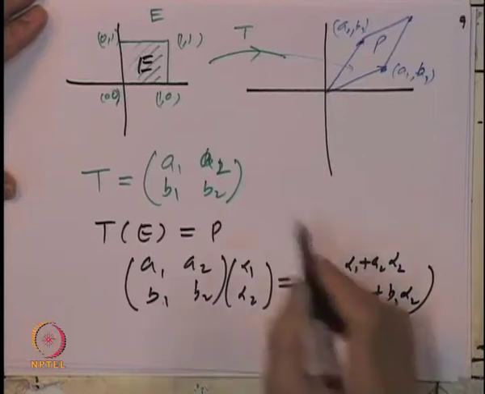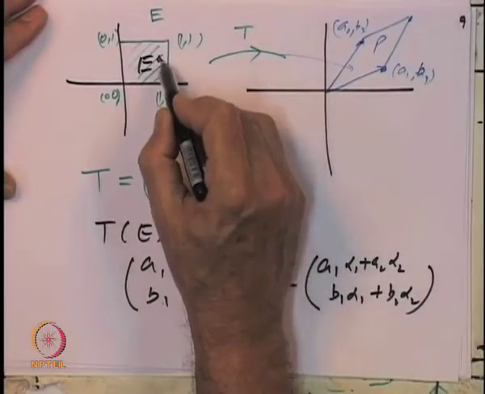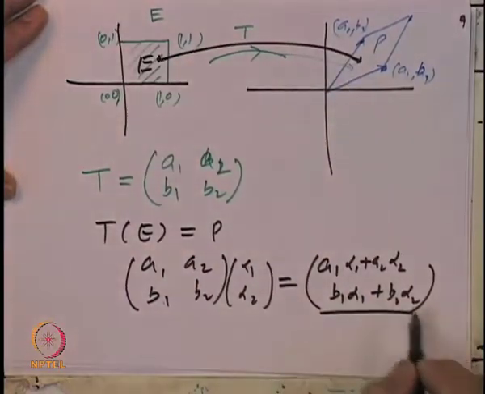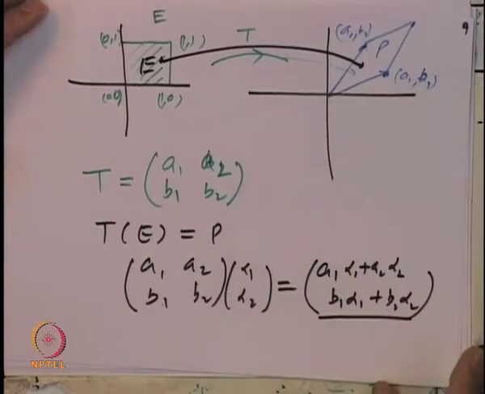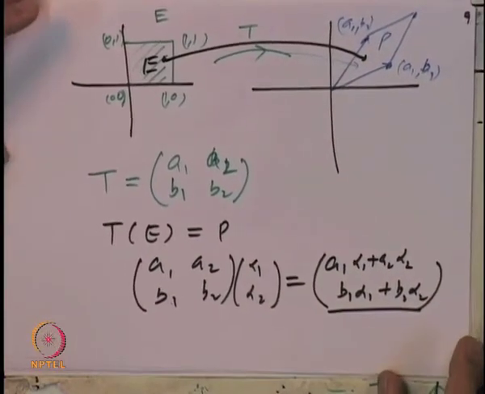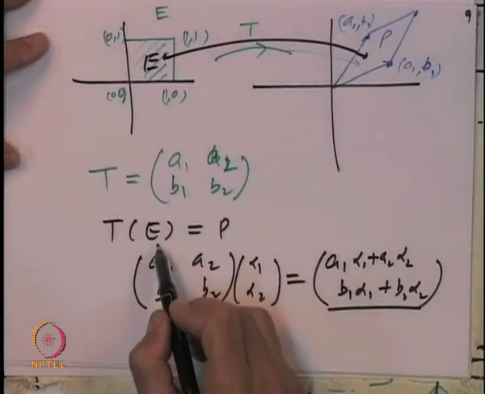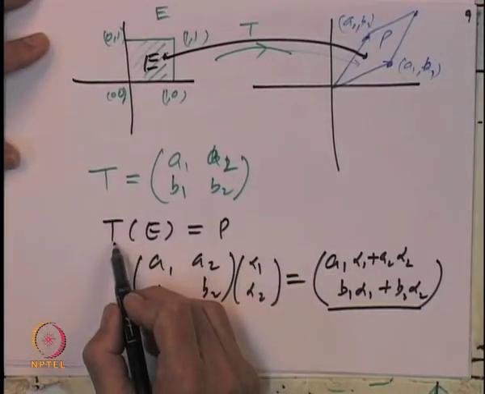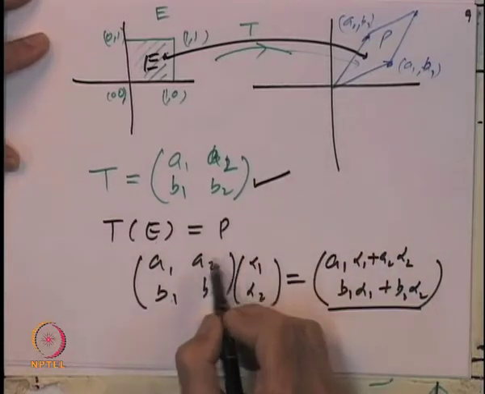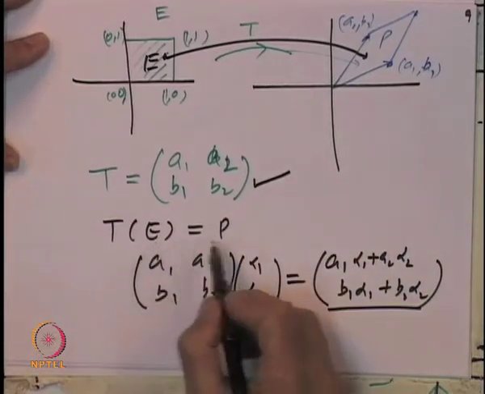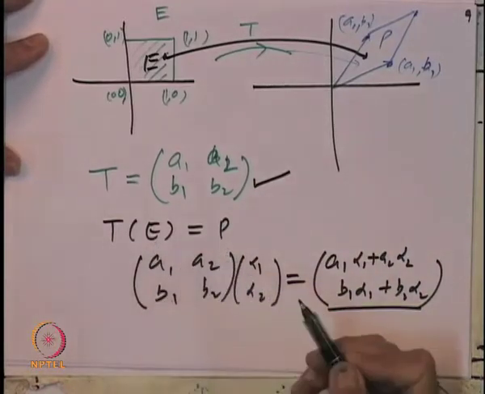So, that says the vector alpha 1, alpha 2 goes to the vector given by this, and that is precisely the parallelogram. And this is a linear transformation. So, under the linear transformation T given by this matrix, the unit square changes to the parallelogram, and once that is true,